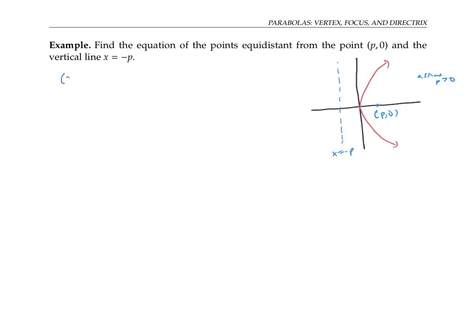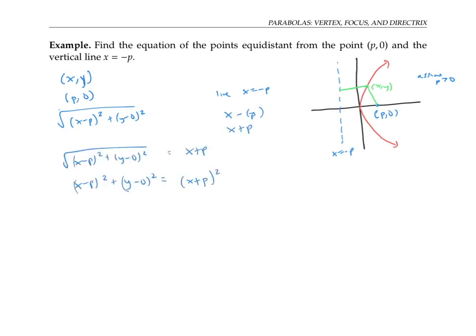Starting with an arbitrary point (x, y), the distance from the point (p, 0) is going to be given by the square root of (x minus p) squared plus (y minus 0) squared. The distance from the line x equals negative p is going to be given by the difference in x coordinates, so that's x minus negative p, or just x plus p. I'll set these two distances equal to each other, square both sides like before, and simplify. This gives me the equation y squared equals 4px,